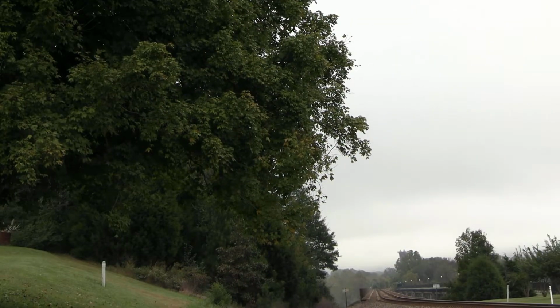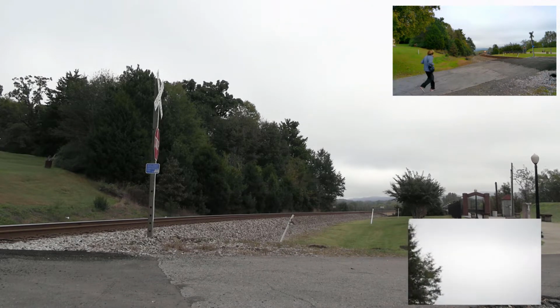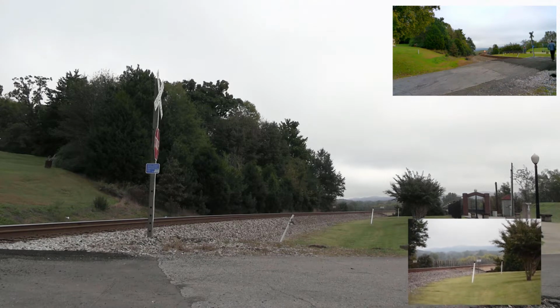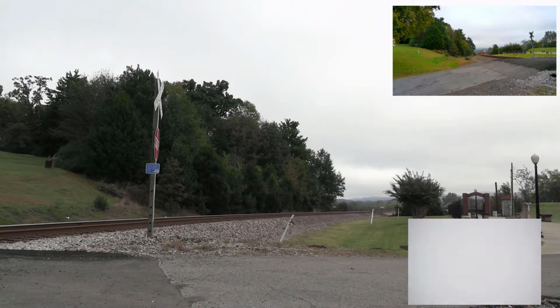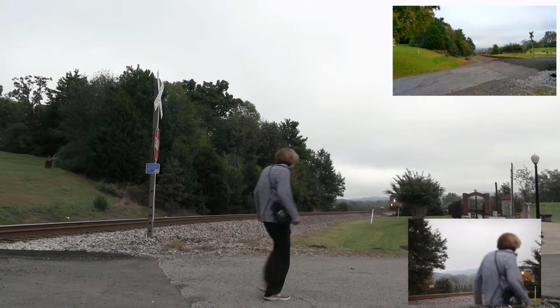Now we're in Bridgeport, Alabama, which was developed after the 1840s. European Americans established a riverboat landing along the Tennessee River. This was also a site of a major skirmish due to the bridge over the Tennessee River in the Civil War. But right now, what we have coming up is